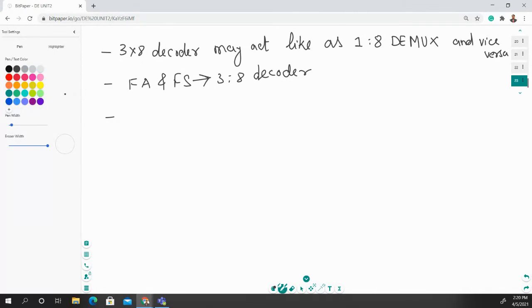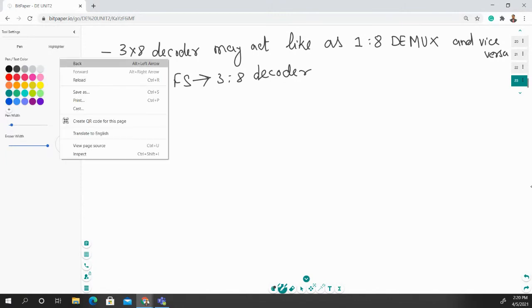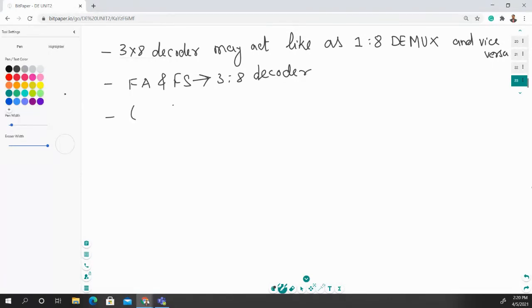So how to design this particular circuit? Let's take an example. Let's suppose that you require 3 inputs, A, B, and C. We have to implement this full adder with the help of these 3 inputs.